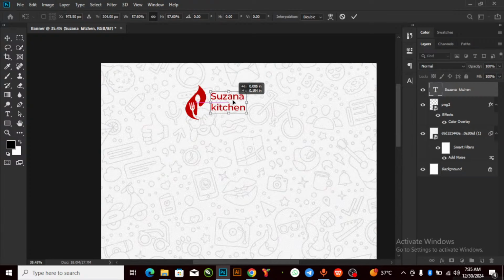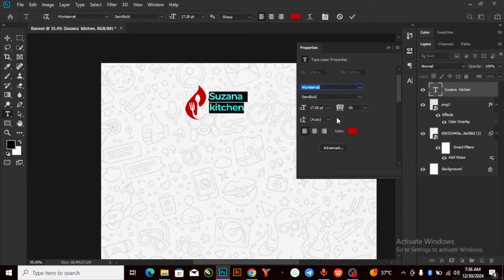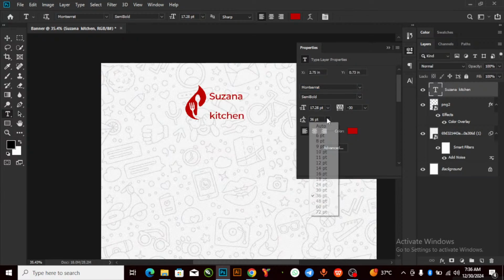Just reduce this and I'll bring it here. Okay, I'll still highlight this, and the reason why I'm highlighting this is I want to adjust the tracking. I feel like they are too far apart, so I'm just gonna change the value. Yes, I think this is okay for me. So you could do that here